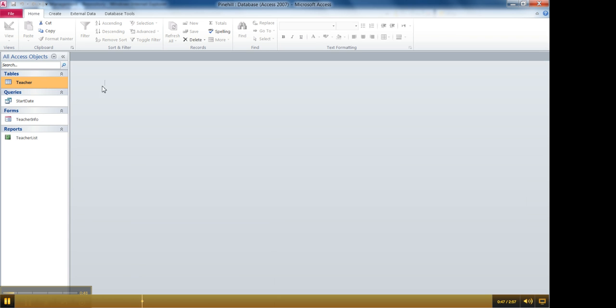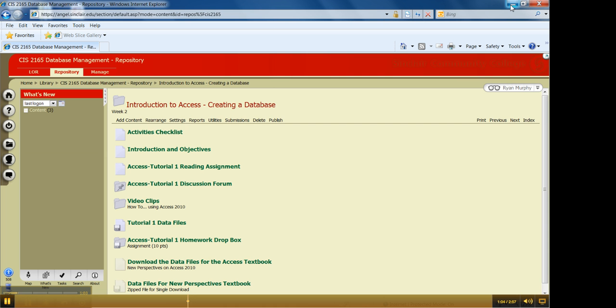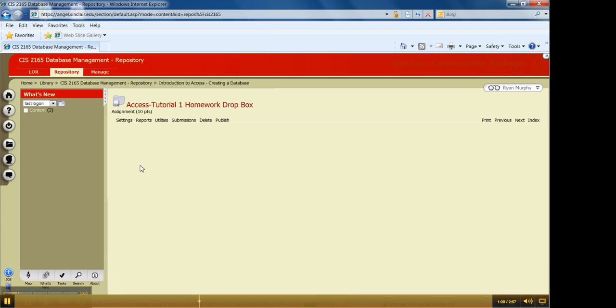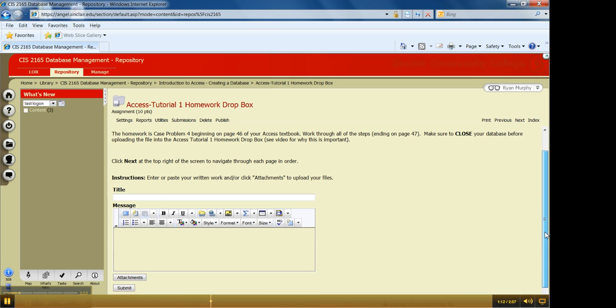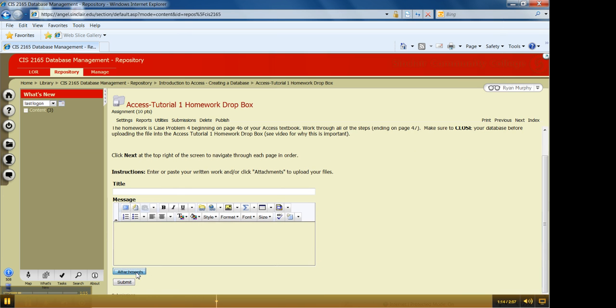I'm working in my Access database. I've done everything I'm supposed to do. I'm at the end of the exercise and now it says, okay, great, I'm done, I'm ready to upload the file. A very common thing that students do is, instead of actually closing the database and exiting Access entirely, they'll just minimize the window and go over here to the Dropbox, type in a little title, which I'm not going to worry about, and click Attachments,